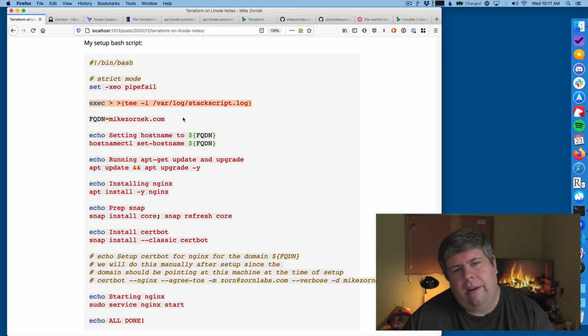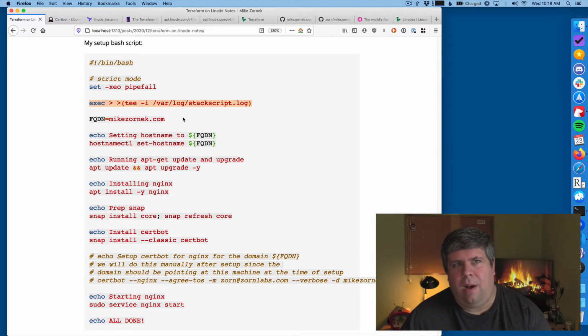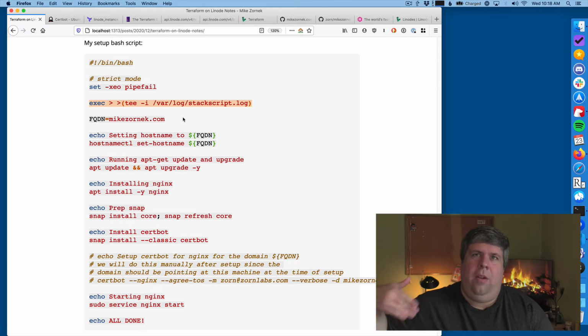The second command here is for putting the output of this execution into a log file. One of the things I learned through this process was that after you use Terraform to create the infrastructure, Linode will kick off the stack script, but that takes a while to actually execute. Even though Terraform will tell you the hardware is ready, the hardware is still executing the stack script.